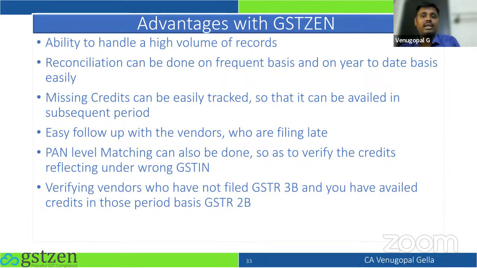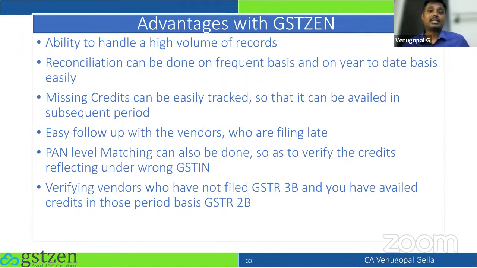So this tool, Zen, will help you to send reminders automatically, and you want to track which are all the people who have filed their R1 or who filed R1 late. When did they file 3B or not? Today it is very important whether they filed a 3B or not. One person you can check, but it is a humongous task to check 10 persons, 15. So today time is money. If instead of spending one day in checking all of that, you load 100 numbers, press a button, you'll be able to download the data. Again, we will see how that happens.